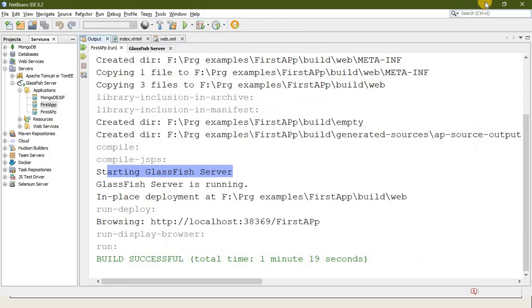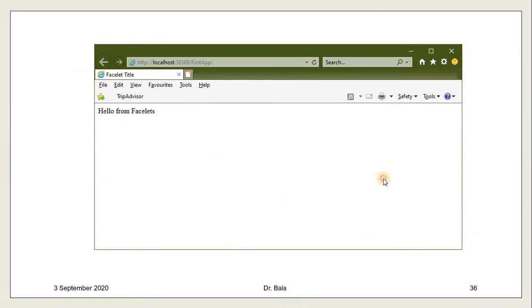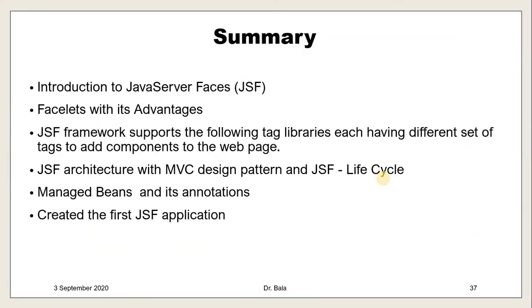I'm just closing it. I'll go back to our slide. So this is the end of Unit 1. I can summarize. In the first unit, we discussed the introduction to Java Server Faces, and we also discussed Facelets with its advantages, and the different tag libraries: HTML tag library, core library, Facelet library, composite component library, fragment library.